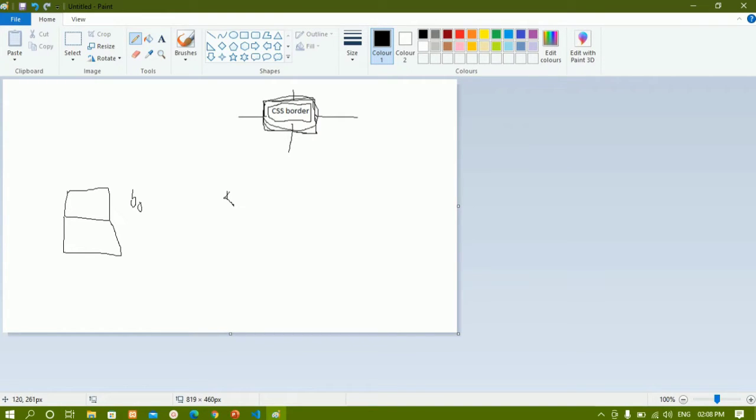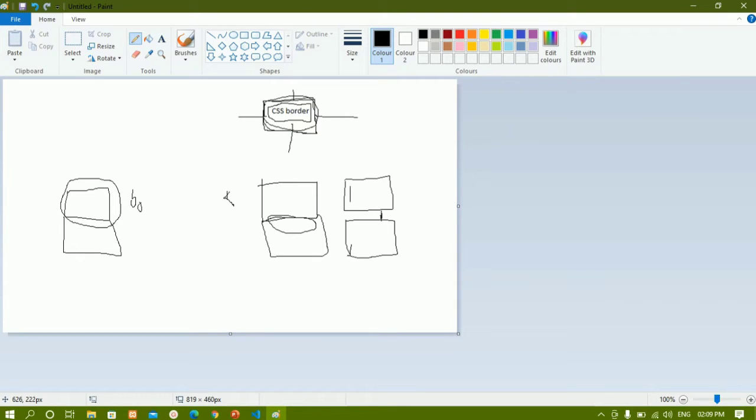Margin is nothing but giving space from outside, around the borders. This space will not be visible to my eyes; it will be completely transparent. Suppose I have one div container here and another div container here, with no space in between. I want this space, so we give margin. As soon as I give margin bottom, I get some margin and this box is displayed lower. This is called margin, giving space around the borders.